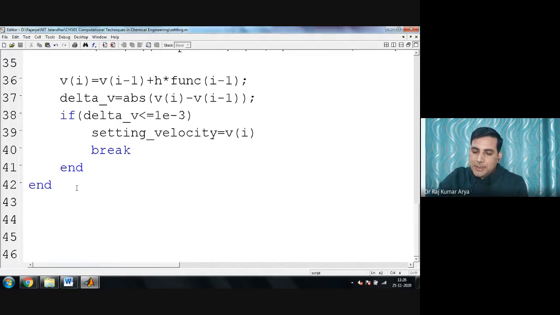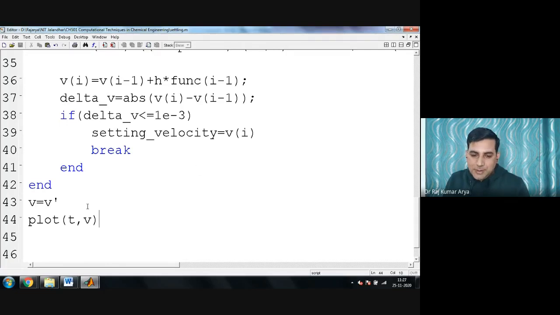Before that, I want to make all these column entries practically a column matrix, only one column. So I have V here. I can write V equal to V inverse, and then I want to plot it with respect to time. I hope time will not create a problem. So I can give a plot command here: T versus V. I hope it will plot. If not, then I have to run it actually.